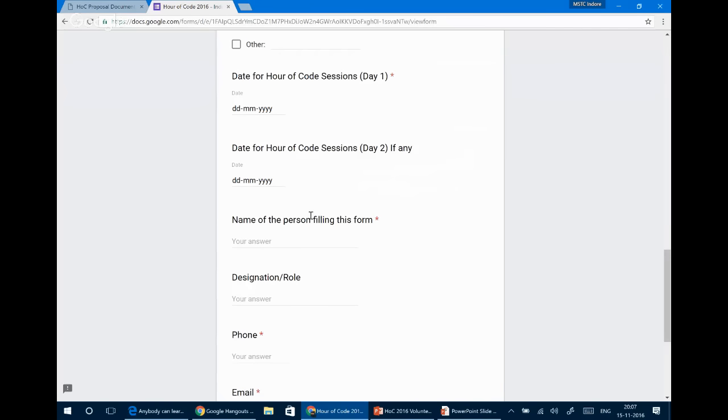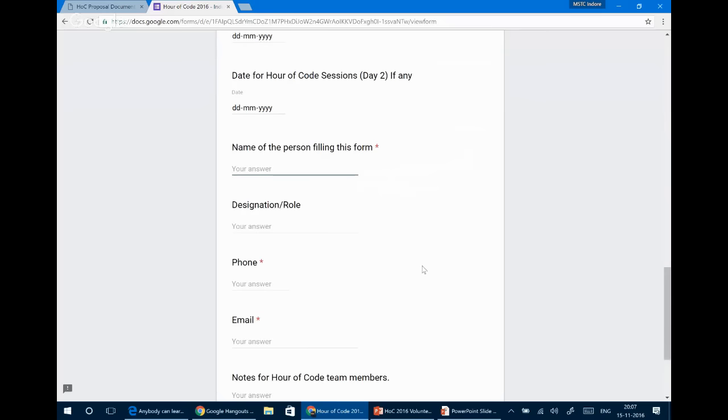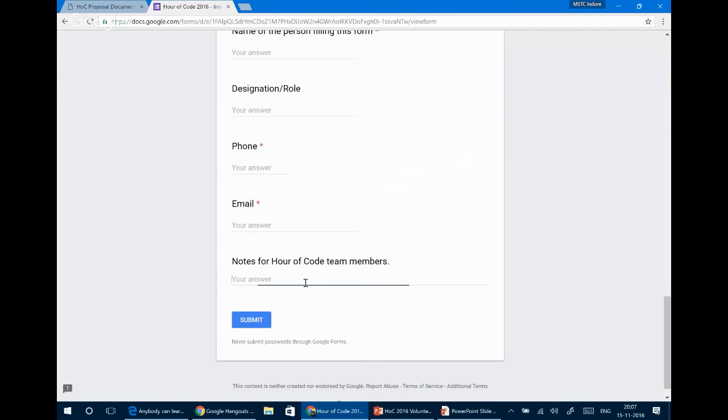Okay. So then we want details of the person who is filling the form. The person filling the form will automatically be assigned as point of contact for us. So any Art of Code related activities or anything that we decide, everything will go through that person, right? Phone number and email address and everything. And if there is some important notice or any memorandum that you need to give to our team, then that school can give it over here, right? Like if they have some specific requirement, or there is some setup difference in day one or day two or whatever it is, right? So let's go forward with the document now.